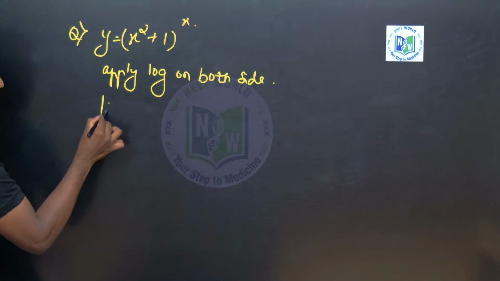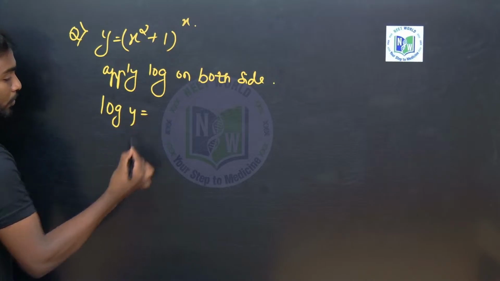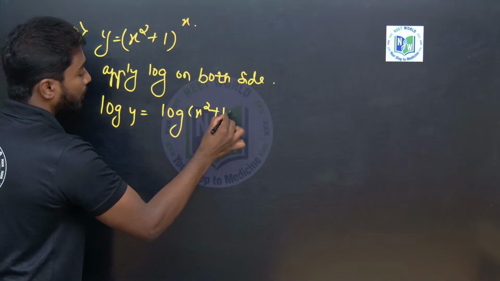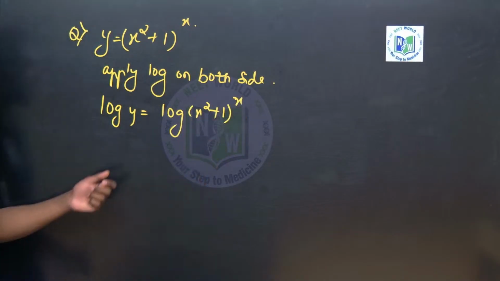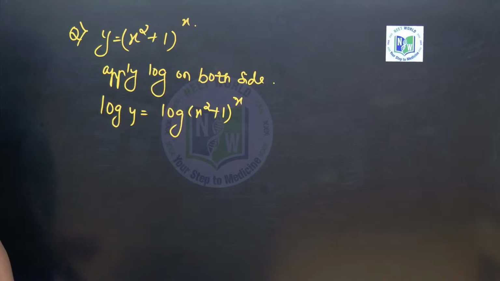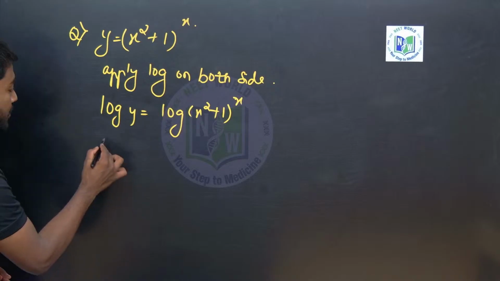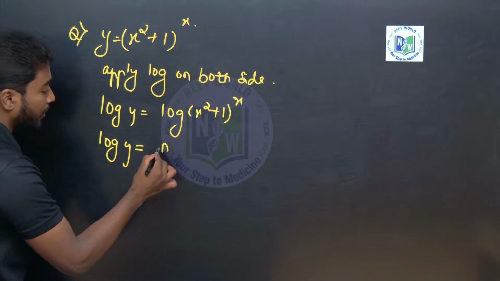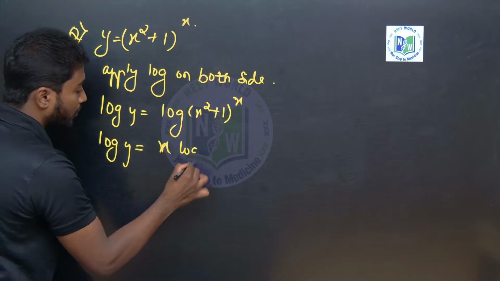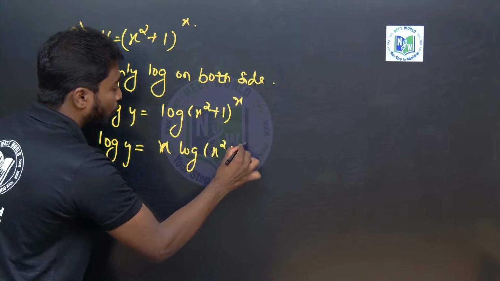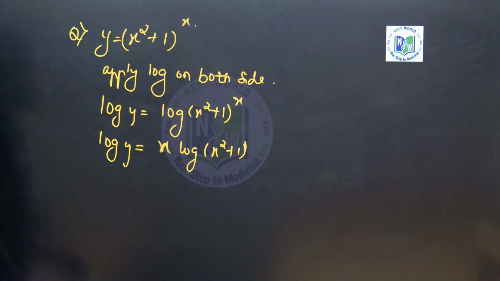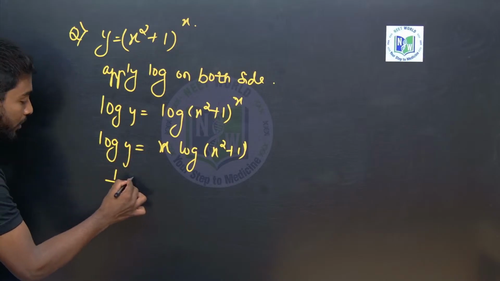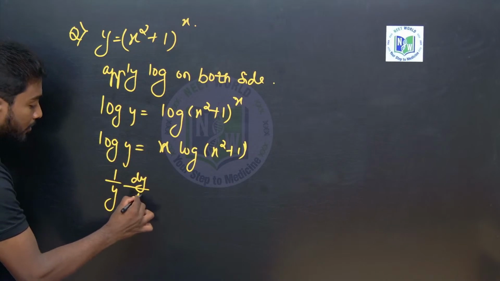So if I apply, it is log y = log (x square plus 1) power x. When log of x power n is there, I can write n into log x. So log y = x into log (x square plus 1). Now differentiate it. So log y, that is 1 by y, differentiation of y is dy by dx with respect to x is equal to,